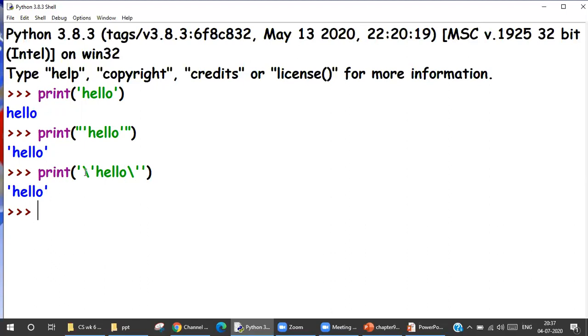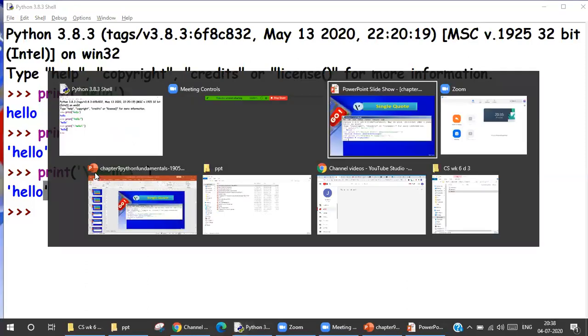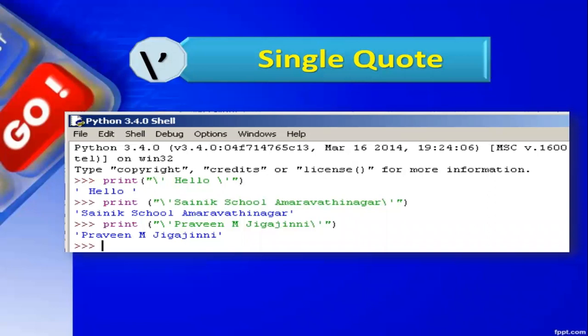So I started with single quotes instead of starting with double quotes. Over here I started with double quotes and put single quotes inside it. But over here I'm starting with single quote. Even then I'm able to print this. That is because of the escape sequence.